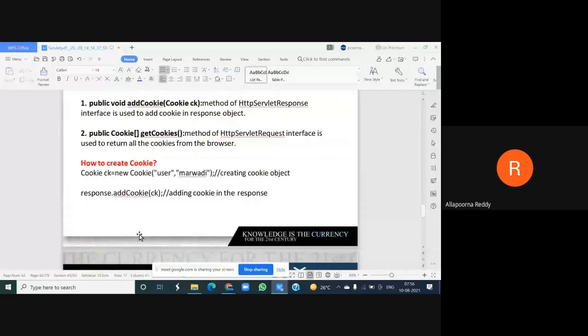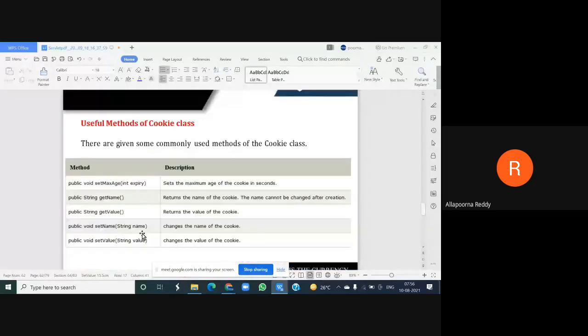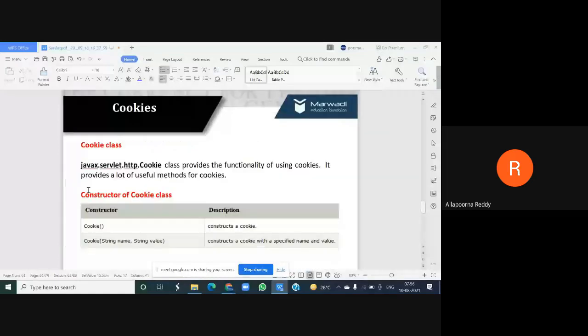But before going to those methods, first the cookie class, right? The cookie class, which is a class name, as we are maintaining to provide our functionalities, is in javax.servlet.http. You know, it is server side with my servlet where we are executing and using my protocol called HTTP, and Cookie is my class.